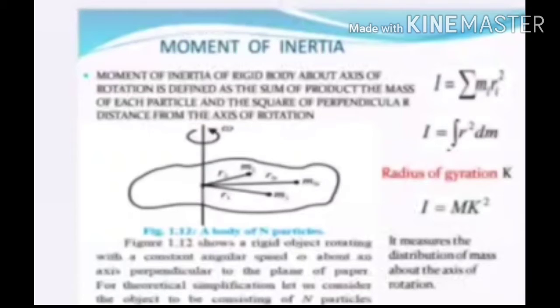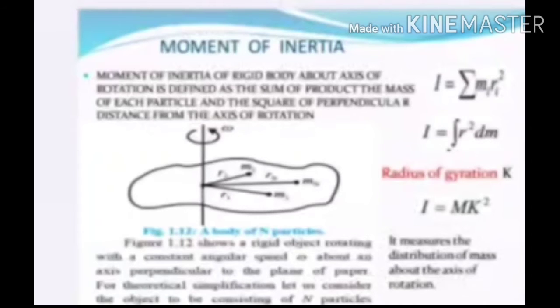And that's why if we substitute K instead of r, then the formula becomes I is equal to mass into square of distance from the axis of rotation. I is equal to mK square. Therefore, K is equal to under root of I upon M, and the unit of radius of gyration is in